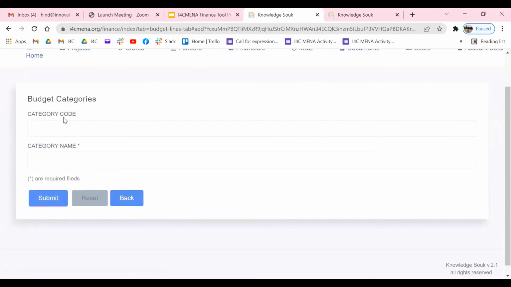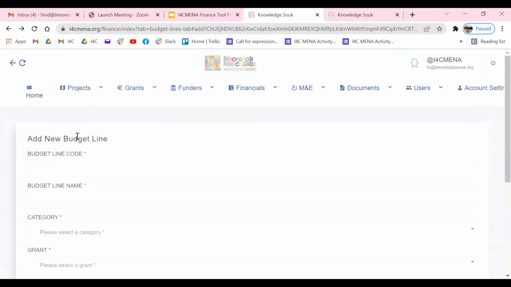So here, according to the approved budget, of course, we can start including those information. So we have here the budget category code and the budget name. And then we can start include the budget lines details. So we can start then include all the budget lines that are part of this budget category.